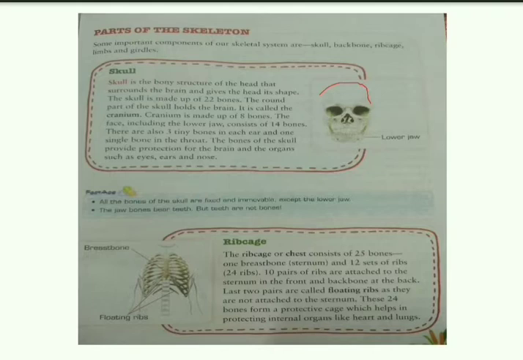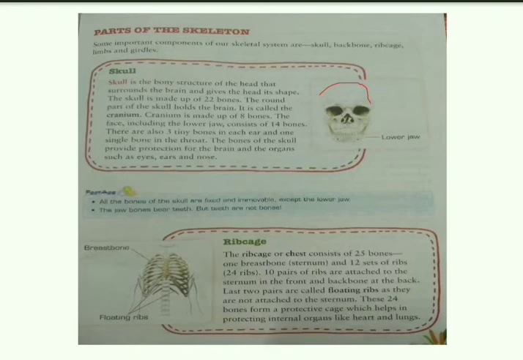Now let us learn about the rib cage. Rib cage or a chest. It is a cage-like structure. It is made up of narrow and curved bones. It consists of 25 bones, that is, it has 12 pairs of bones or 12 sets of bones, and one